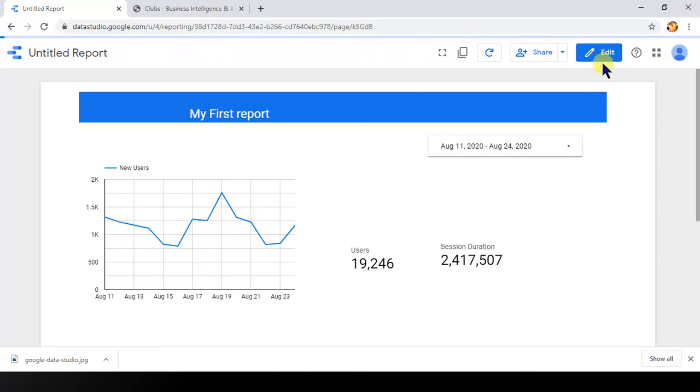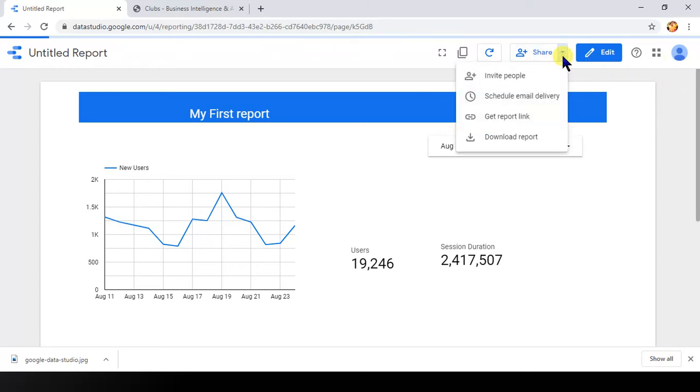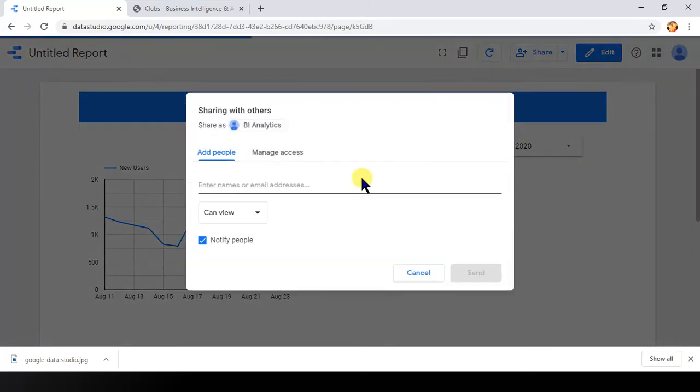And yes, if you want to share it out, there is an option to share: invite people, get report link, or like this. So say I say invite people, I can write the email address, and once you've done the email address, you have the option can view, can edit. So there are two options available by which you can share them. If you want to allow them to edit the reports and collaborate with you, you can edit, and if you just want to make them view, then another option is like